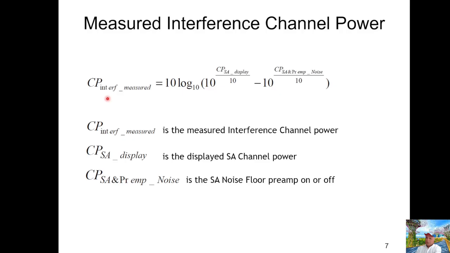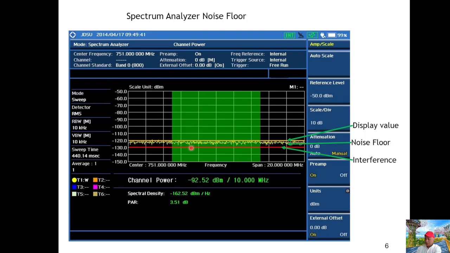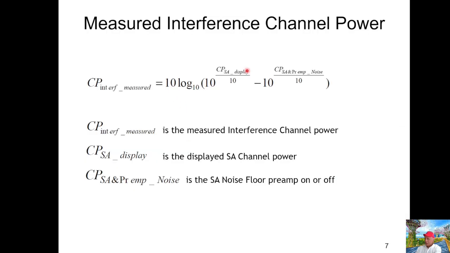Here, for example, the interference measured is the red line we show here. And then here is the displayed value. This CP is the channel power, so we always measure the channel power.